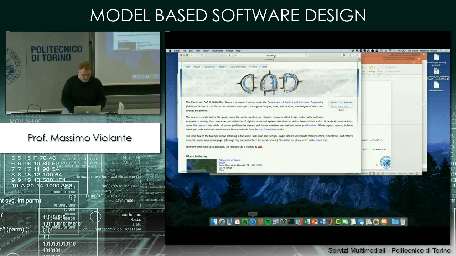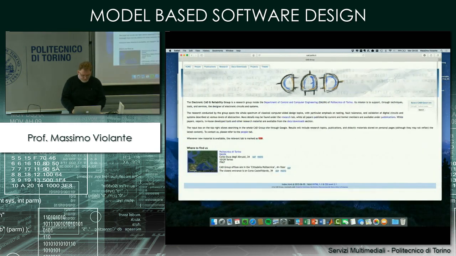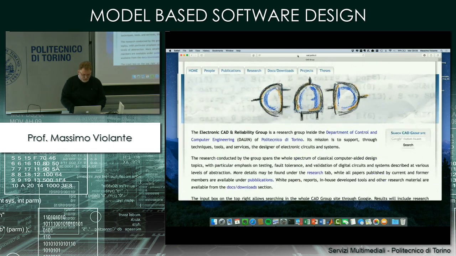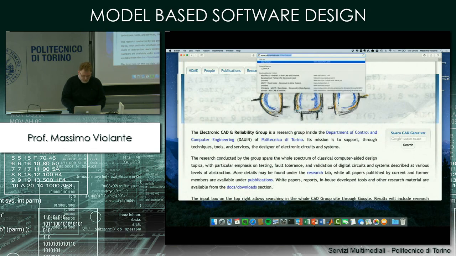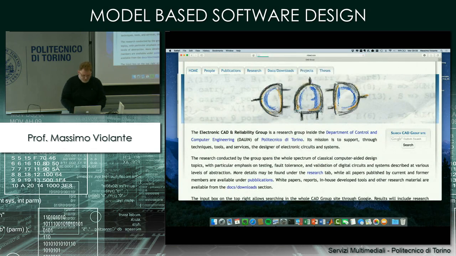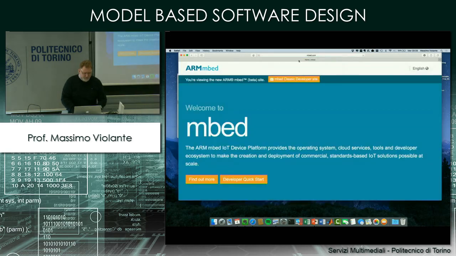Hopefully, the network is working, so we can go to www.mbed.org. Okay. Mbed is a community of code and